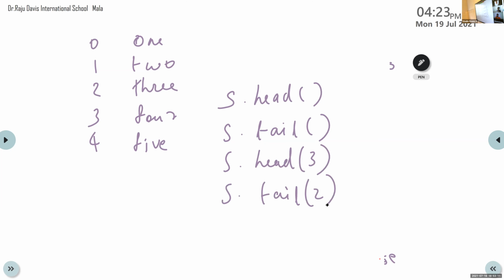Just write the outputs. This is the series S with index value 0, 1, 2, 3, 4, data value 1, 2, 3, 4, 5. Then you want to print S dot head, S dot tail, head 3, tail 2.